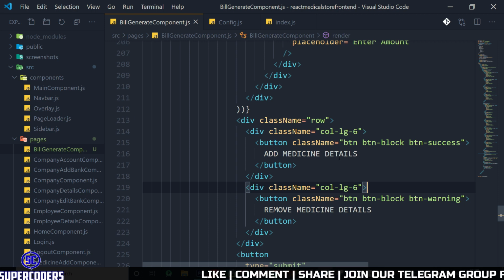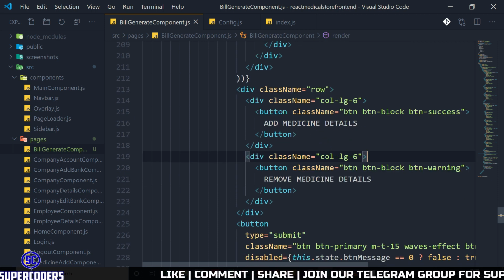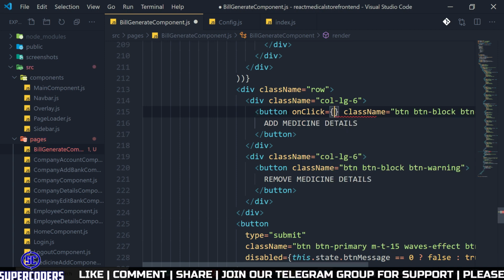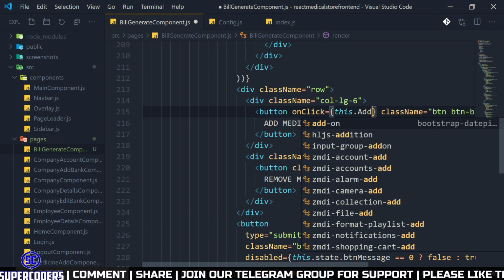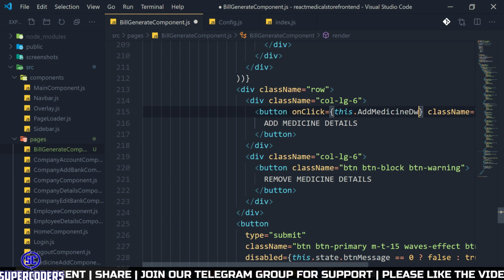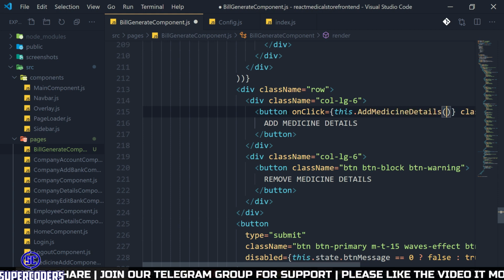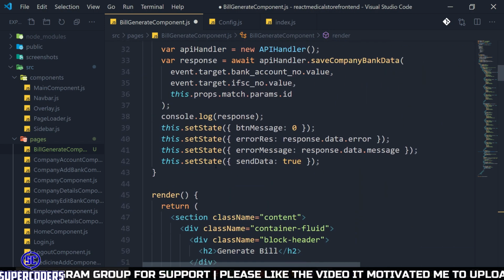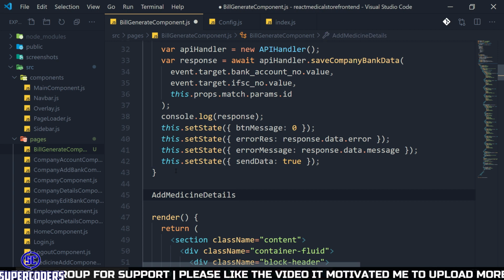So let's see here. On click this dot add medicine details, or just copy it and create a function or method. So add medicine details arrow function.